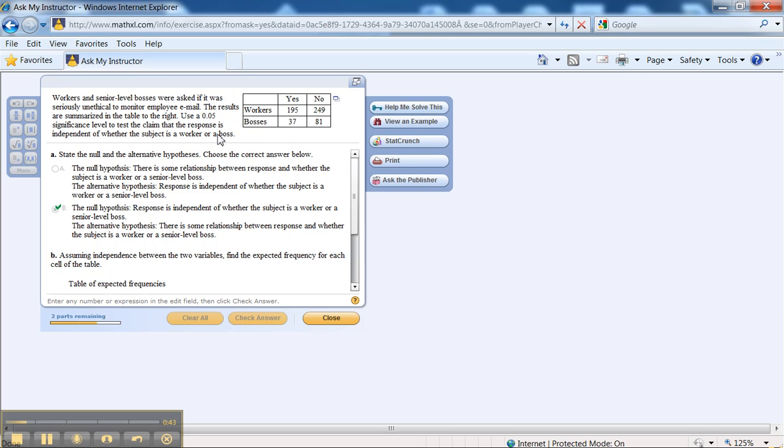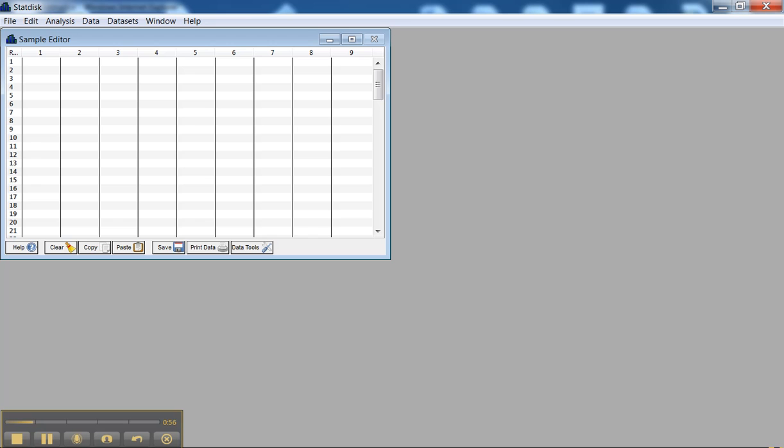So we want to see, is the response independent of the type of job that the person has, whether they're a worker or a boss. So we're going to use Statdisk. And we have to type those numbers in the table. So we're just going to put them the way they are, 195 and 37, 249 and 81. So we type them in just the way they appear in the table